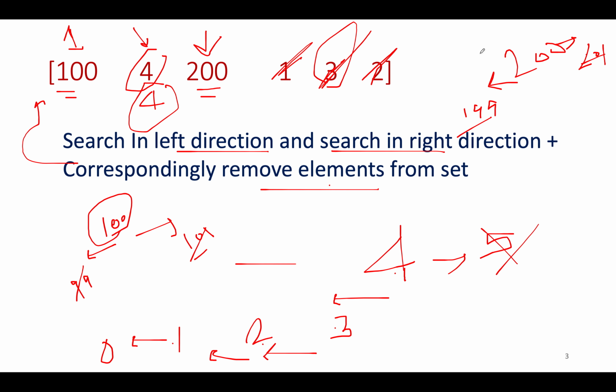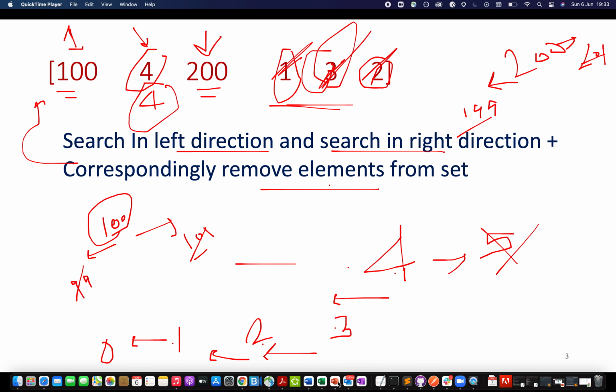Now comes the question, why am I deleting elements from the set? The answer is, we don't want to do a similar kind of activity for 1, 3 and 2, because we have already calculated the longest consecutive subsequence containing 1, 2, 3 and 4 as part of 4 itself. Otherwise the time complexity would increase to order of n square. I hope everything is clear to you, and if you still have doubts, don't worry, they'll be resolved in the coding section. So let's just jump on to the coding part.